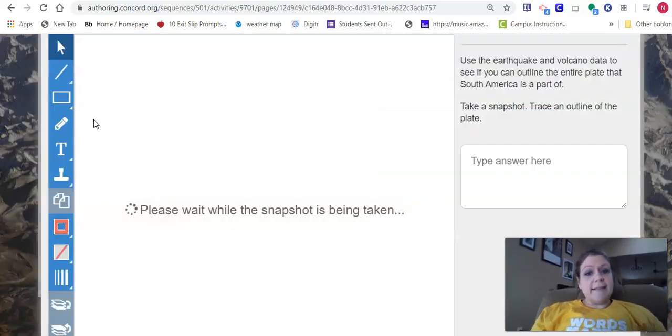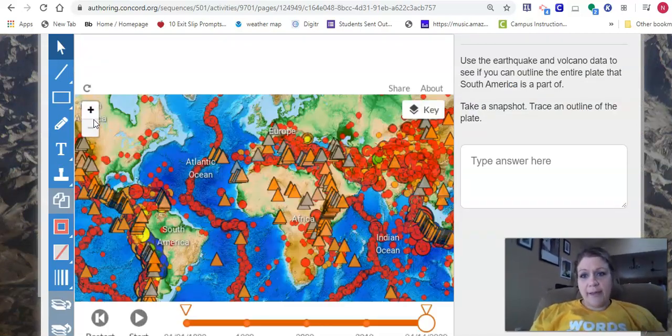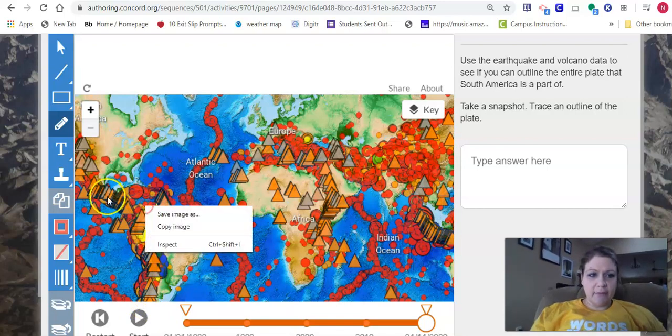If I'm thinking about this and it's asking me where I think the outline of the plate South America is on, I know that there's a plate here because last week we studied that there's a plate right here forming the Andes Mountains. I'm going to use my drawing tool. And right here, the place where I know there's a plate, there's a lot of earthquakes and some volcanoes. So my best guess